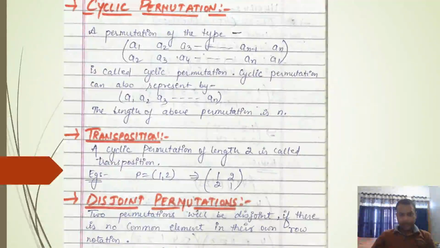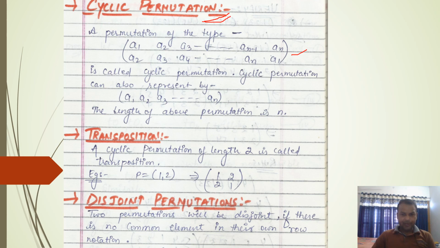During the last lecture, we saw some problems on permutations and permutation groups. In that lecture, we already understood the definition of permutations, and how the set of permutations makes a group. In this lecture, we will understand something about cyclic permutation.